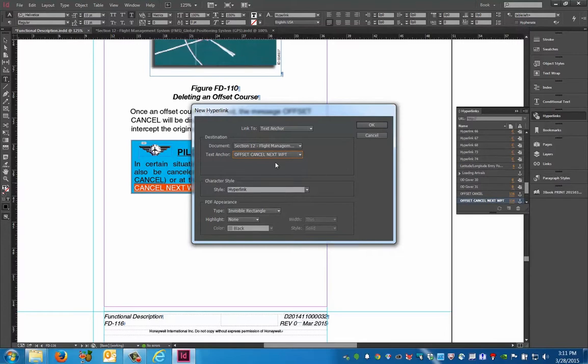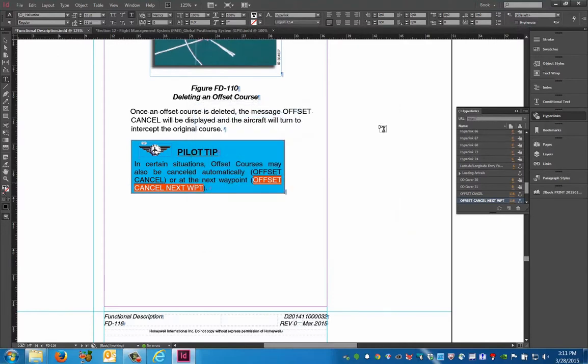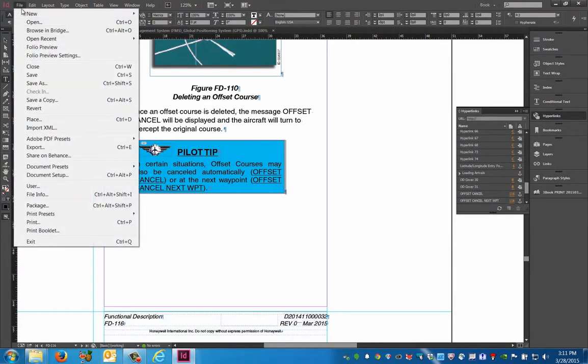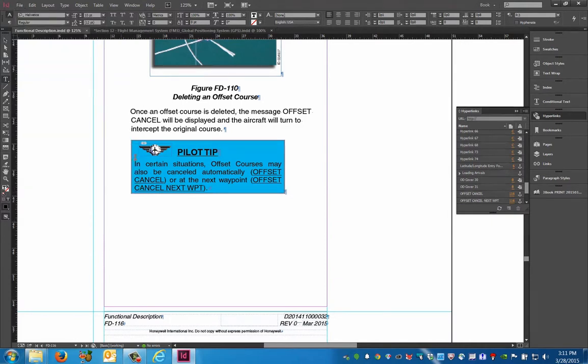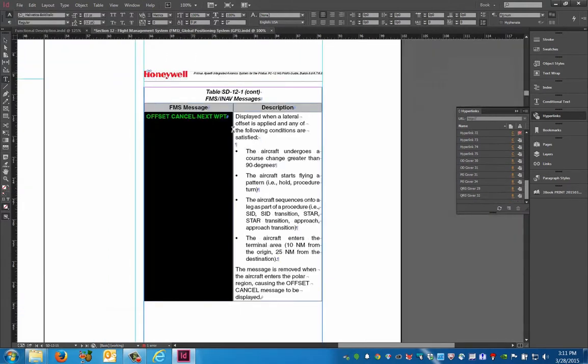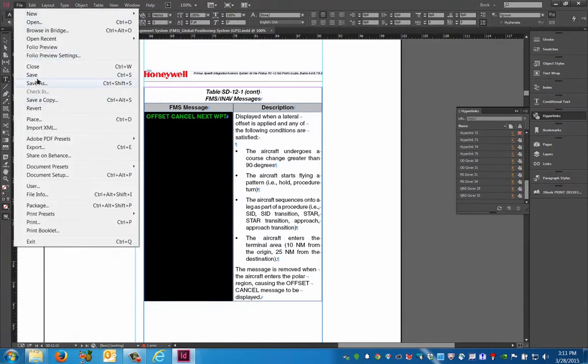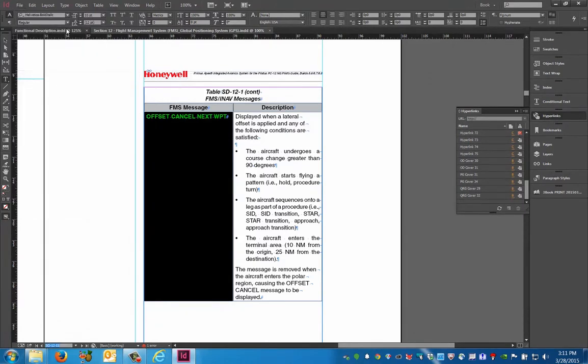So we'll just leave that as it is and click OK, and you'll see the underline. In our case, it's set up to underline, and now that has become a hyperlink. The next thing I always do is go up and save right after I do that. I save it in this document, and I'll go back to the destination document. I'll save it here as well. So this will save all the characteristics of